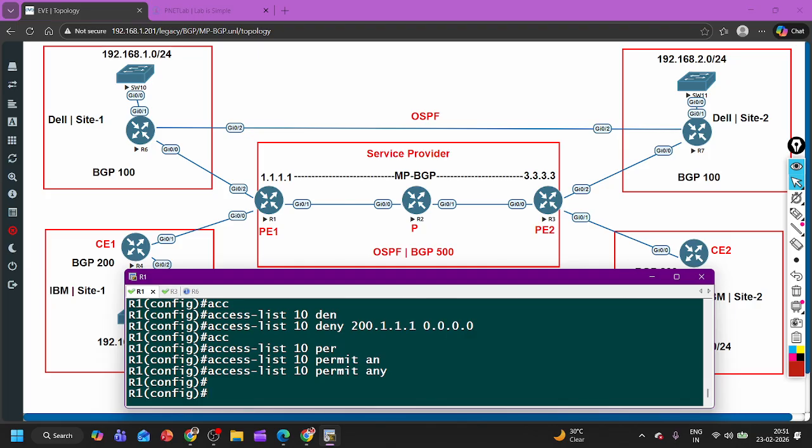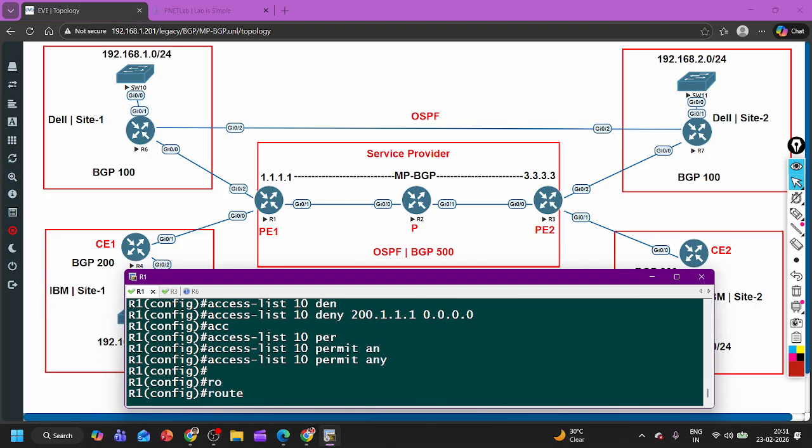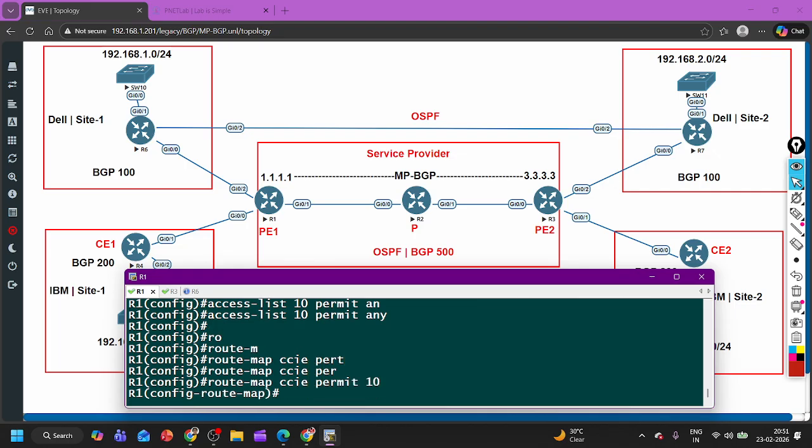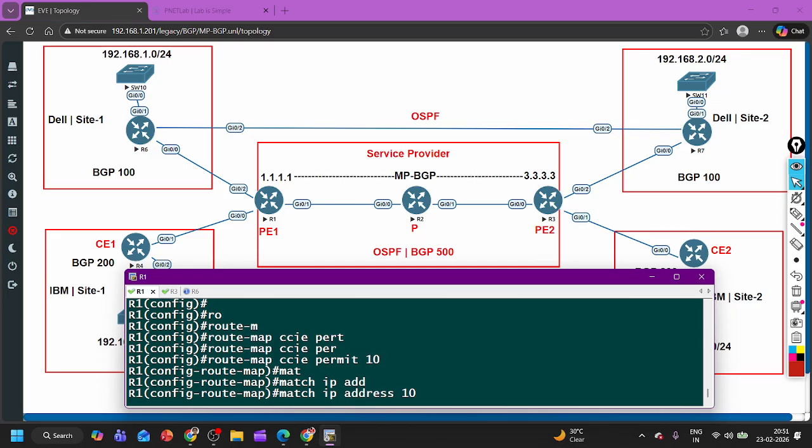Then use this ACL in a route map, let's say CCI permit, sequence number 10, and here I am saying match ip address from list number 10. In list number 10 we are denying one, the loopback IP address that the service provider created, right? Rest everything is